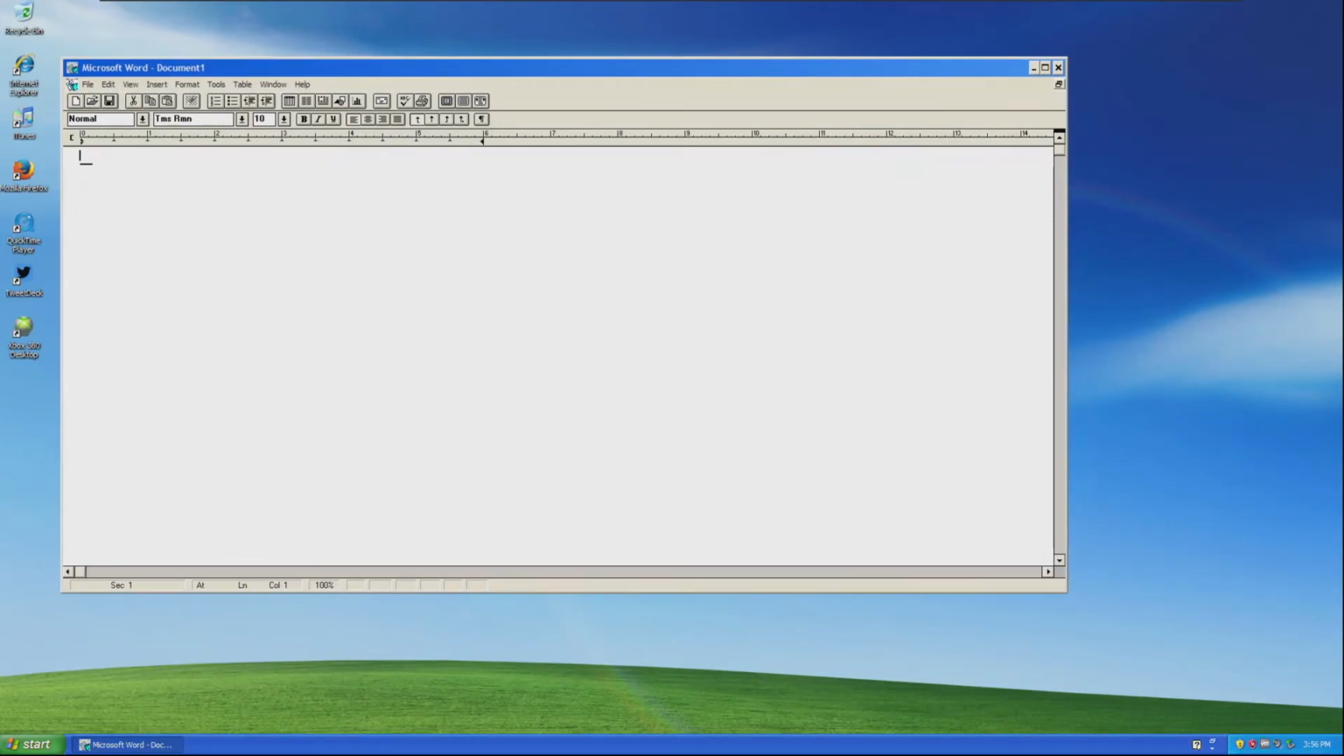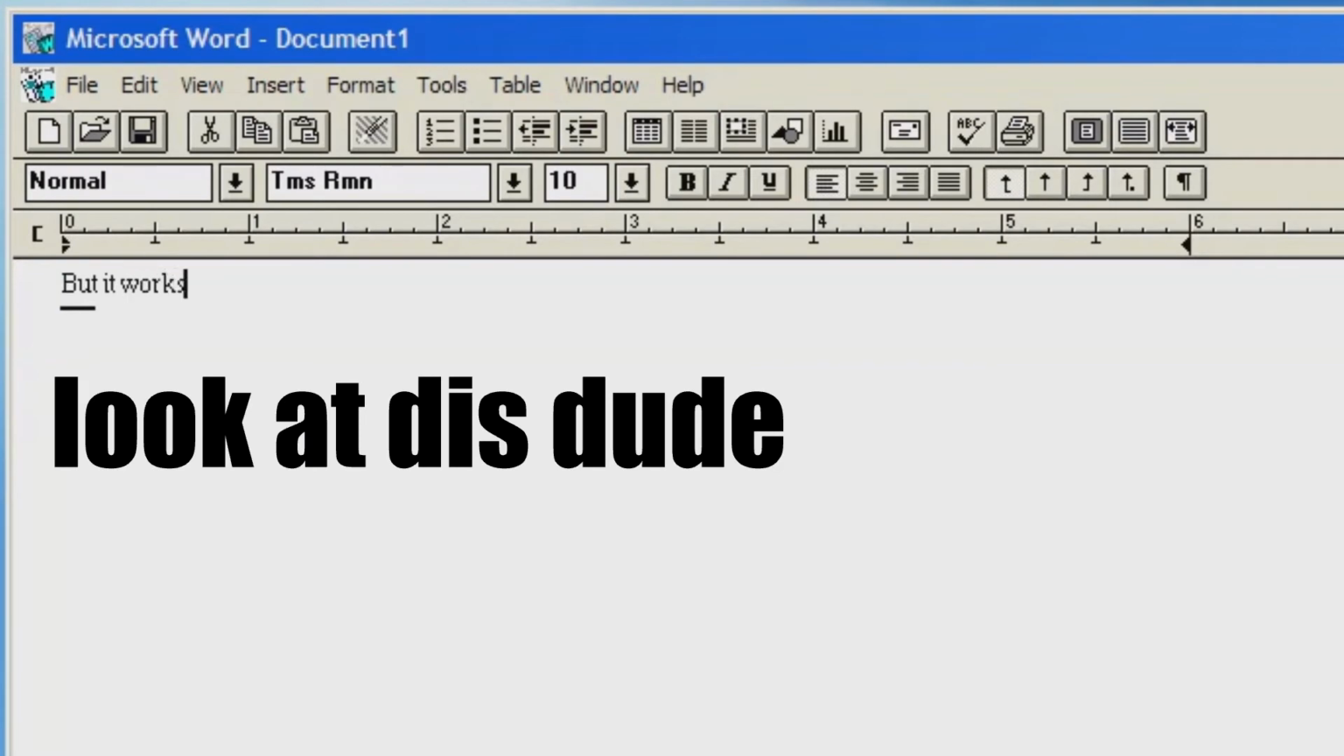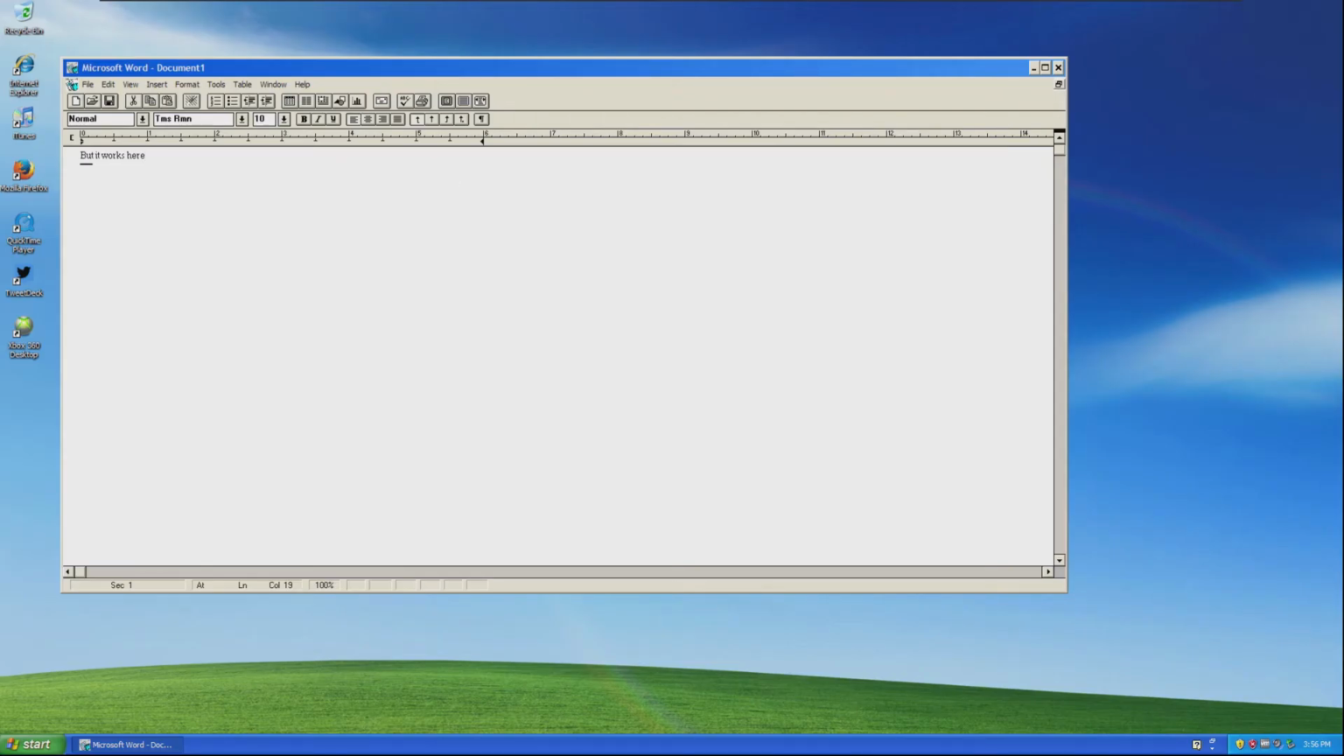If you saw the Office 2010 video, you'll know that did not work on my 1920 by 1080 display, but it works here. I can type stuff. This is amazing. Absolutely amazing. Alright, so Word looks like anything that